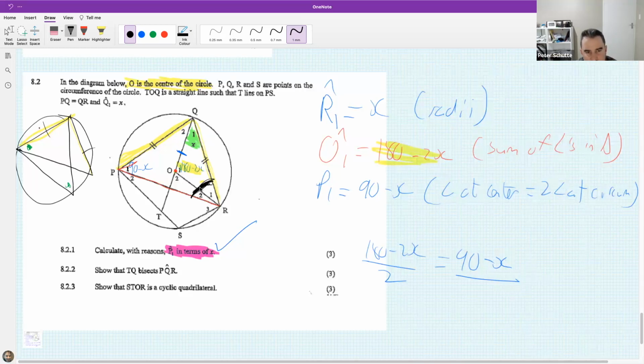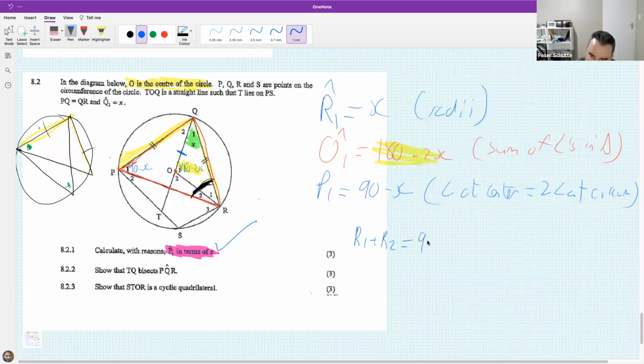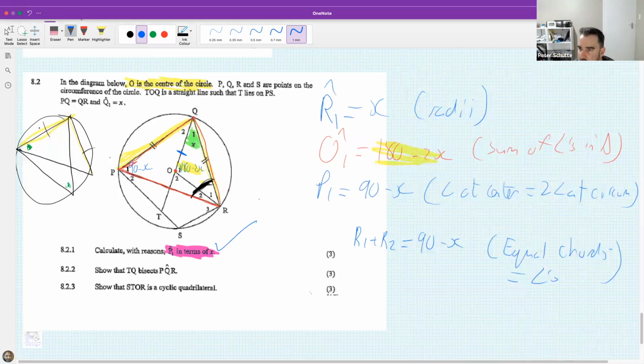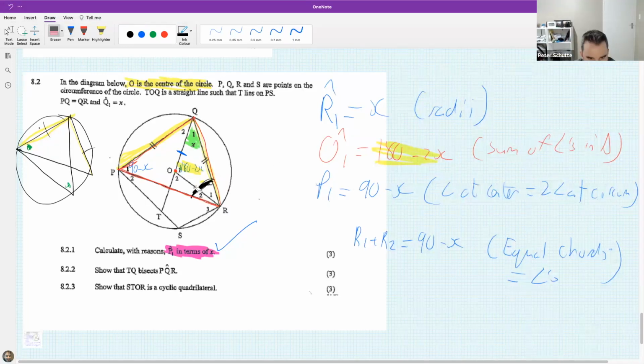Can everybody see that this one over here, it's a bit hidden, but basically that makes that angle there, and this one makes this one here. So we would say that angle R1 plus R2 is 90 minus x, equal chords, equal angles. Now, if I know that this thing is 90 minus x, so let's just put in a